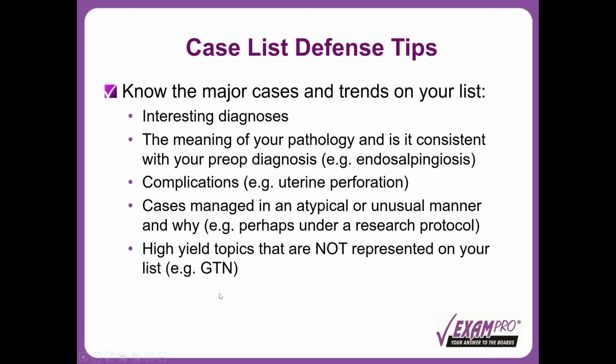All right, so the last thing I'm going to say is this slide here. Know the major cases and trends on your list. For instance, if you have interesting or unusual diagnoses, it's important to know a little bit about these. If they ask you about something unusual on your list and you don't know anything about it, it will look a little bit less than ideal. Know the meaning of your pathology and whether it is consistent with your pre-op diagnosis. Complications, know the complications that you have on your list well. Cases that were managed in an atypical or unusual manner, maybe under a research protocol, you should know those cases well. And you should also be aware of high yield topics that are